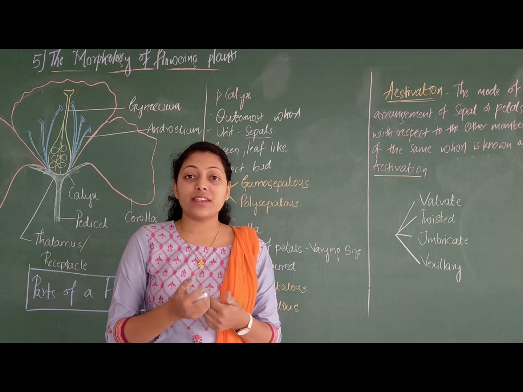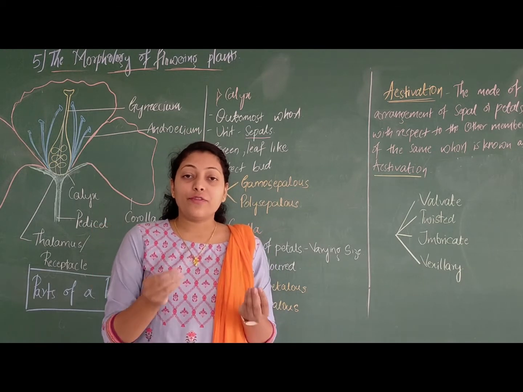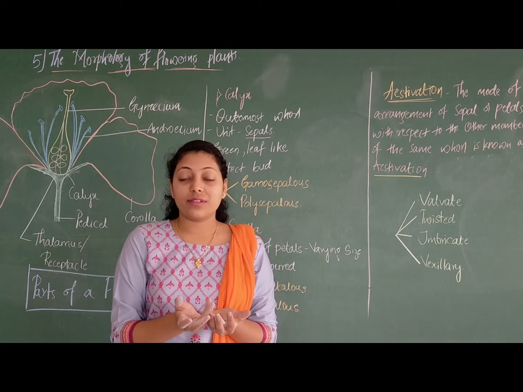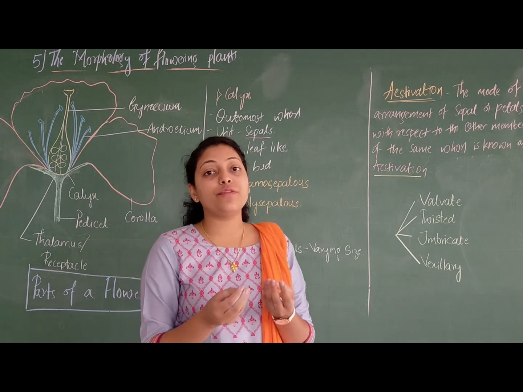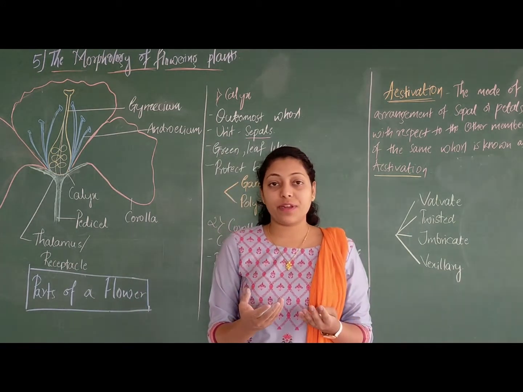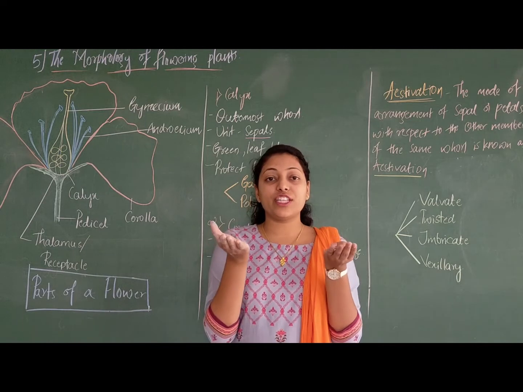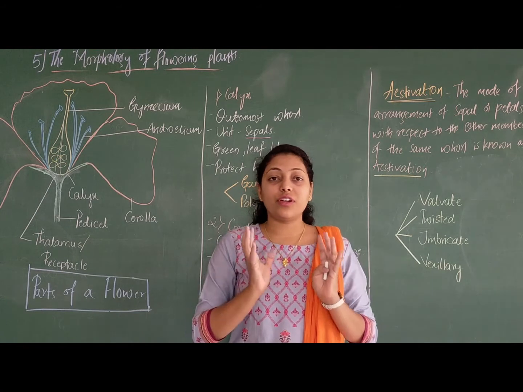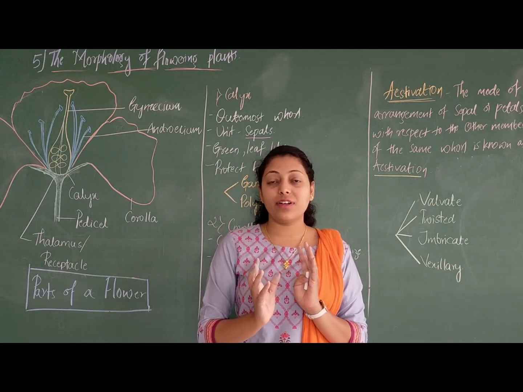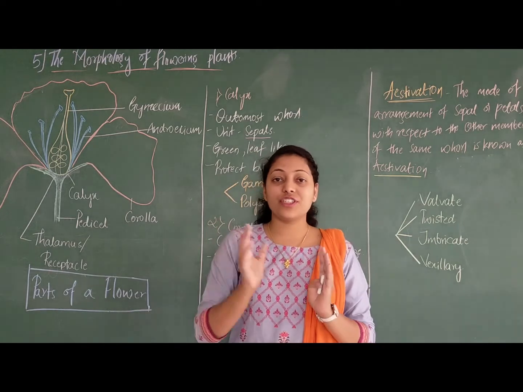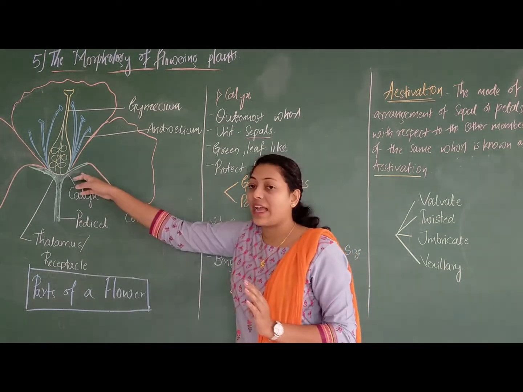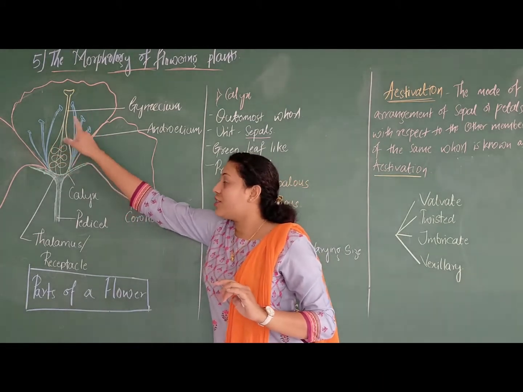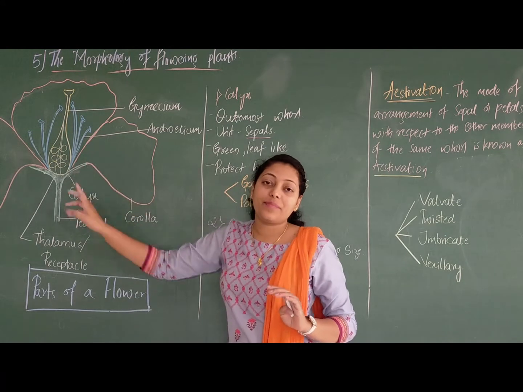Either you have to discuss the diagram of biology from outermost to innermost, or else elaborate or explain. Either start from the arrangement from outer to inward, or else start from inward to outward. See, do not shuffle or mix up the parts, because you are just mixing up the diagram which is on the board. Either you have to start from calyx, corolla, androecium and gynoecium, or else start from gynoecium, androecium, corolla and calyx.